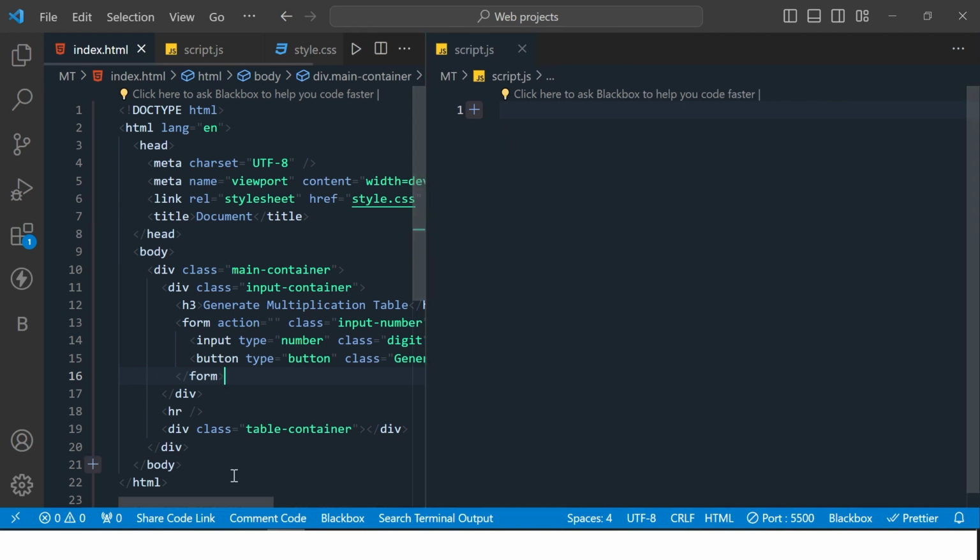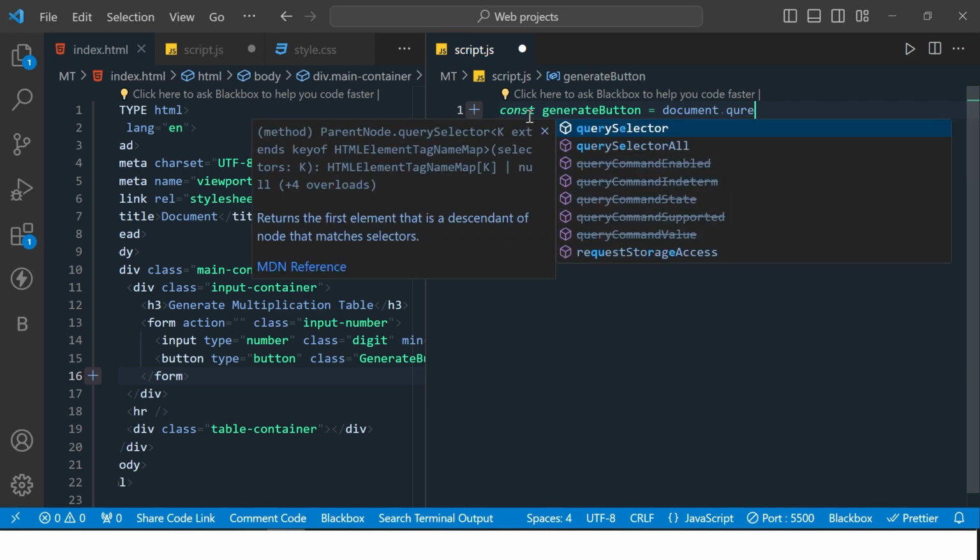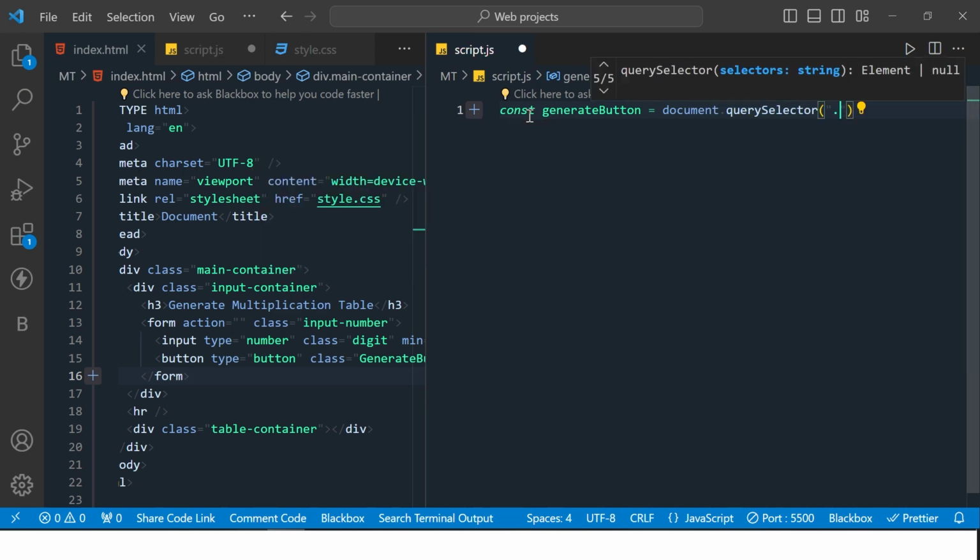So basically, I am going to use the document.querySelector to get the element by class. So const generateButton is equal to document.querySelector, and main container, not generate button. Let me copy it from here,